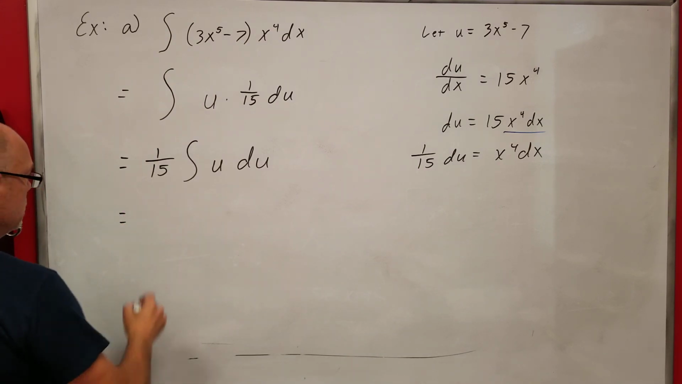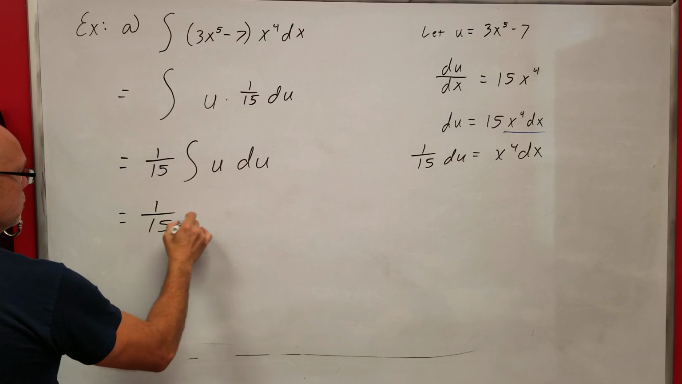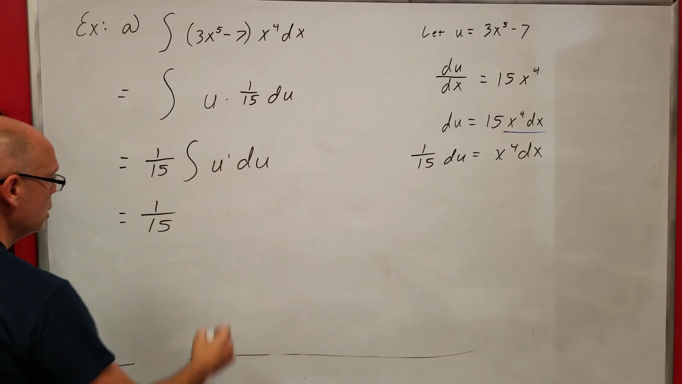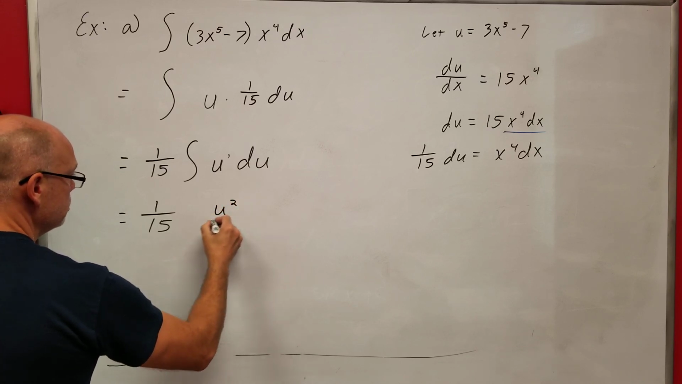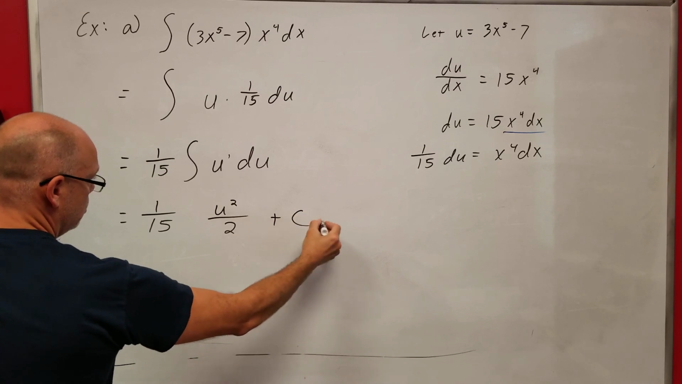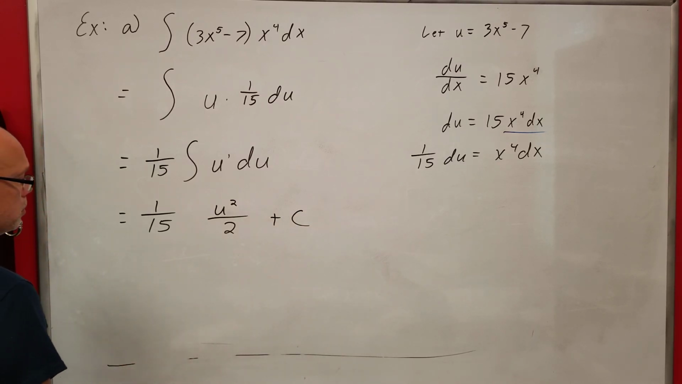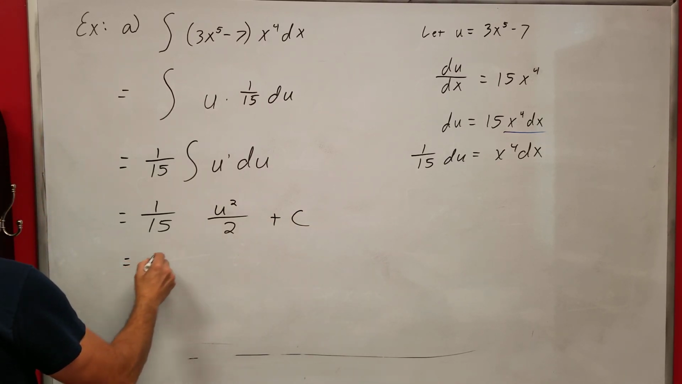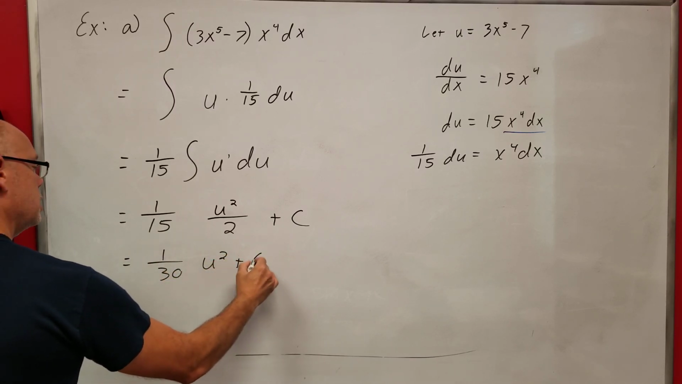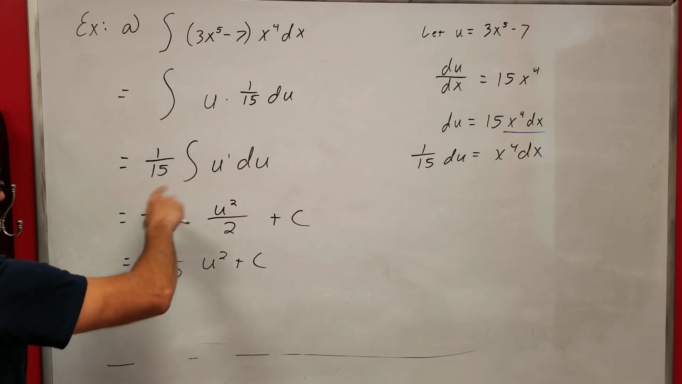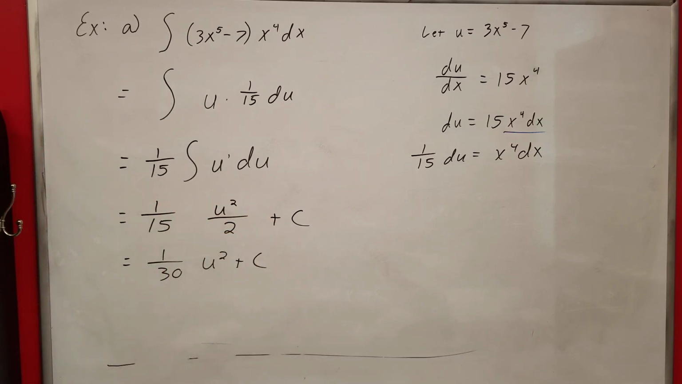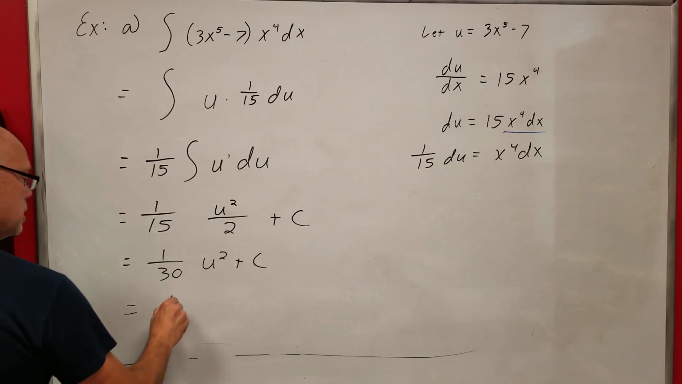So what does that give me? That gives me 1 over 15. What's the integral of u? That's like u to the first, right? So wouldn't that be u squared over 2 plus c? All right, so what does that give me? 1 over 30 u squared plus c. Technically, I need to multiply that by both of them, but it doesn't really matter. 1/15 times c is still a constant. All right, so that's 1 over 30